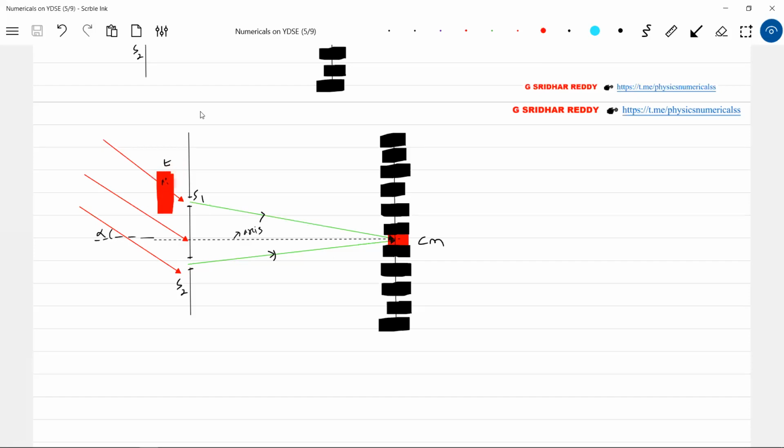So if I put a condition, I'll put it clearly. How much additional path length ray 2 has, that much additional path length is provided by the slab before the slits. Then before the slits, the path difference between the rays is 0. Anyway, after the slits, the path difference is 0. So the center of mass will be there at the axis. Is it a possibility? It will remain the same now.